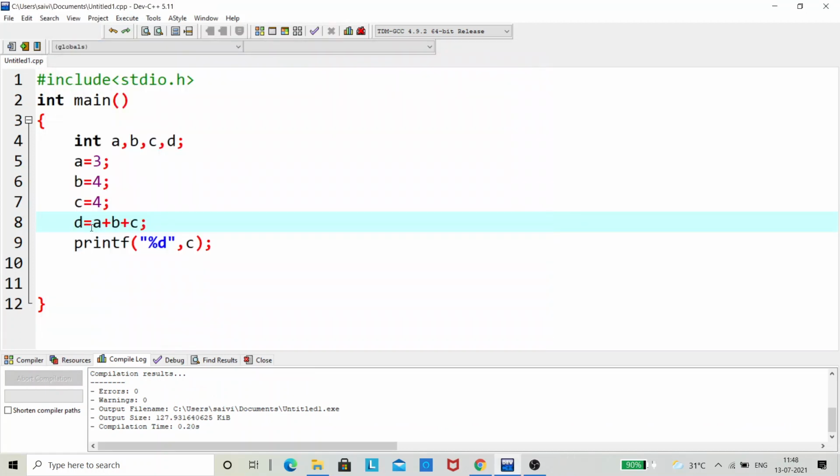You can also do A minus B plus C or A minus B minus C or A minus B into C, whatever. It's your wish. Just experiment different types of operations so that you can get a better understanding in this concept. That's all about mathematical operations in C. In next part we are going to discuss switch conditional statement and we are going to write a C code for a simple calculator. It would be fun.